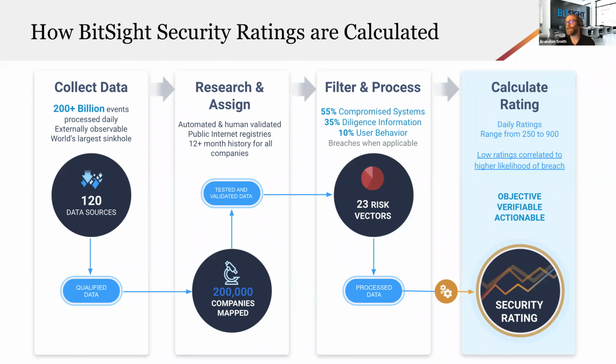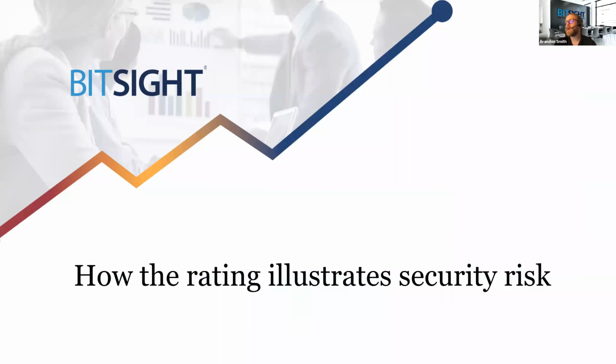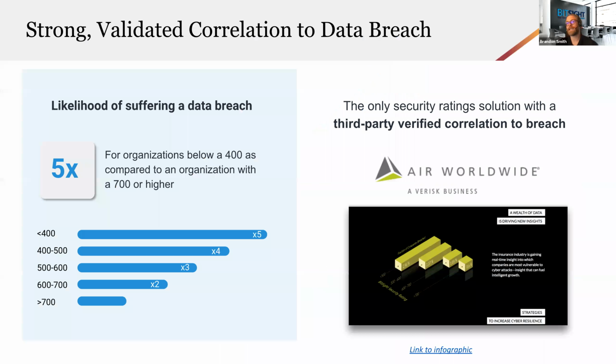All those things are going to feed up into an overall rating that's between a 250 and a 900 that's really designed to mirror the consumer credit score, or the American consumer credit score. And it correlates to the likelihood of experiencing a data breach, which we'll talk about here in just a minute. So that's really how the rating illustrates security risk, through that correlation to the risk of experiencing a data